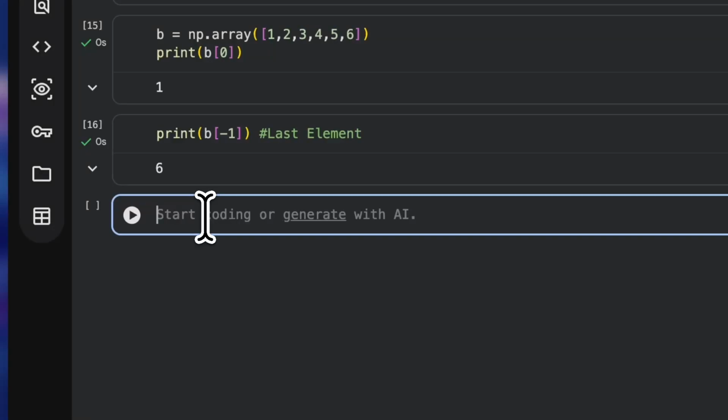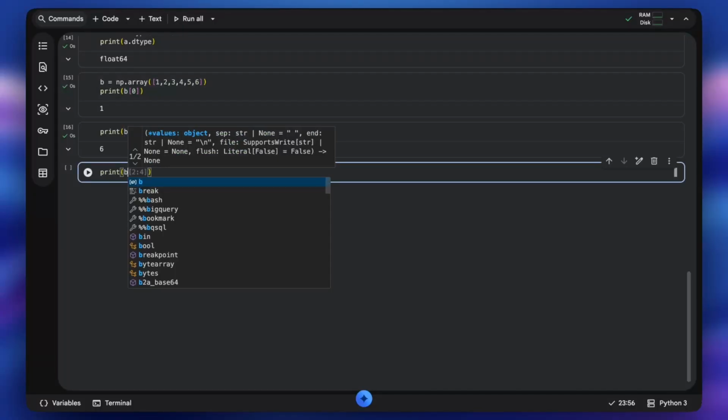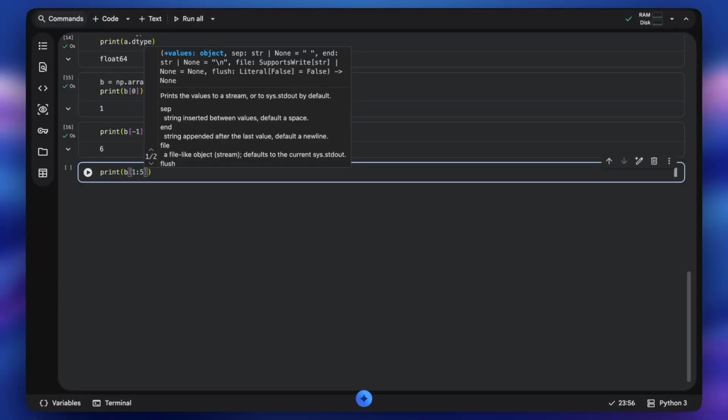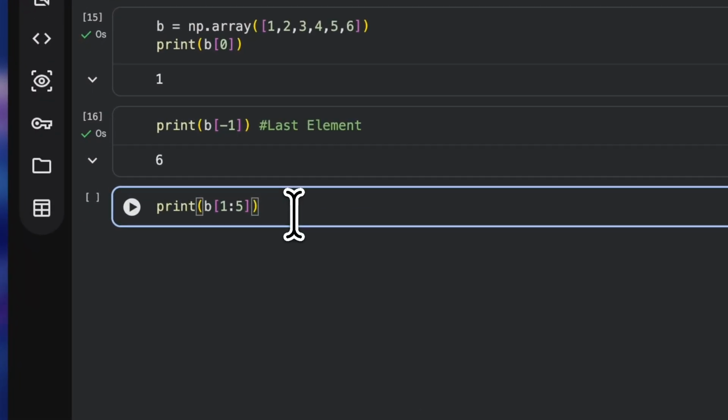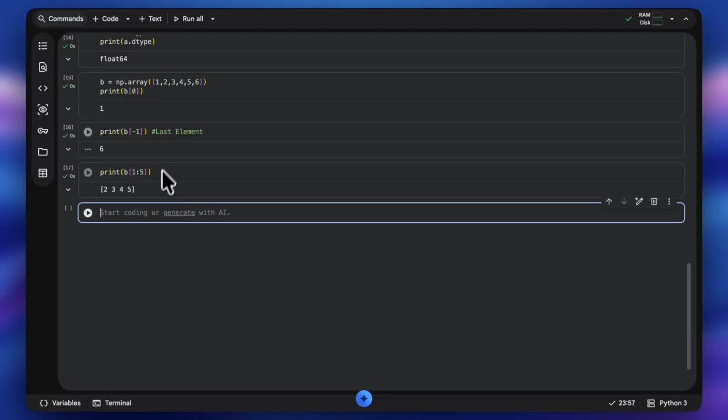So in NumPy, if you want to print that kind of thing, you just simply need to do print, and you need to put the range. Like if I want to print the range, from index 1 to 5th, since we are printing till the 4th element, right? So we need to add the second part. So since we are doing for the 4th element, we just simply need to add one more to the number of element till we are printing, right? So if I do this, we get 2, 3, 4, 5, which are at first index, second index, third index, and fourth index. So this is how it works.